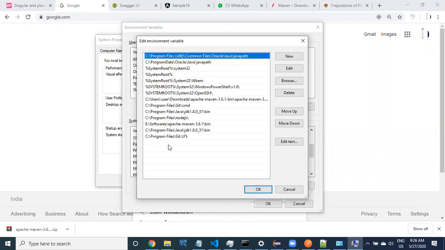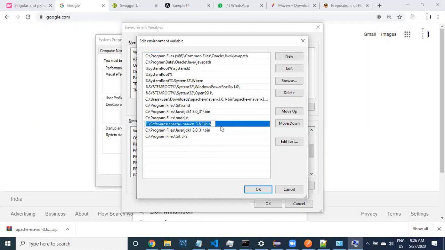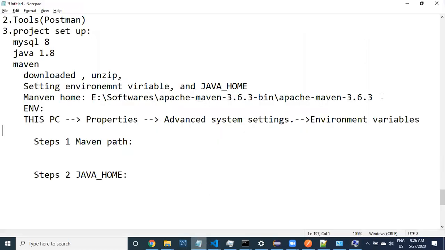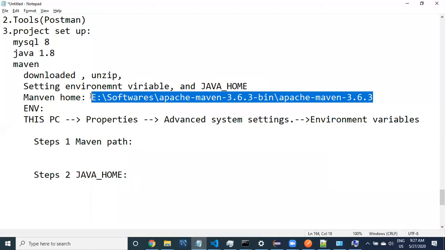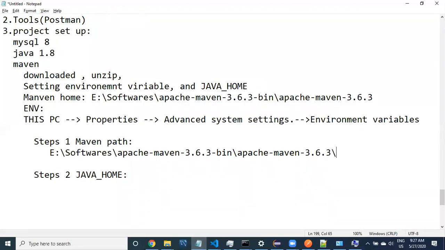Now what you need to do is check whether the Maven path is already provided or not. See here, the Maven path. Whatever we have copied as the Maven home, right? Here bin is important. You need to copy until here. Within the Maven home, you need to provide the Maven path, which means you need to provide /bin,